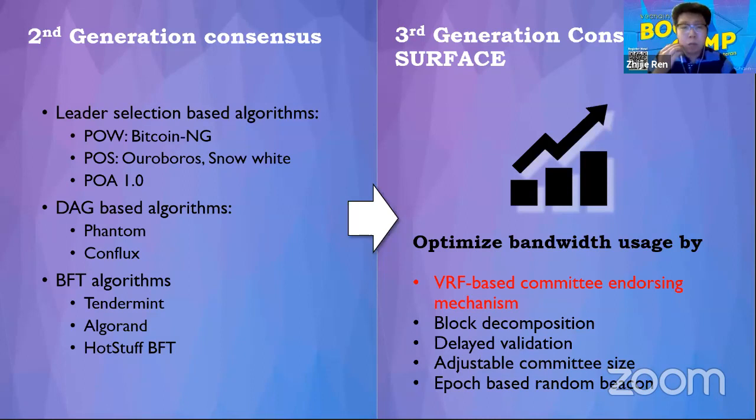The reason we call this a third generation consensus is that it always comes to us as a question: how is Surface different from all the other consensus algorithms? People think other consensus algorithms talk about scalability, about super high TPS, or have fancy schemes like DAG. And it seems nobody is actually paying attention to optimized bandwidth usage. So why are we doing that? Well, the reason is